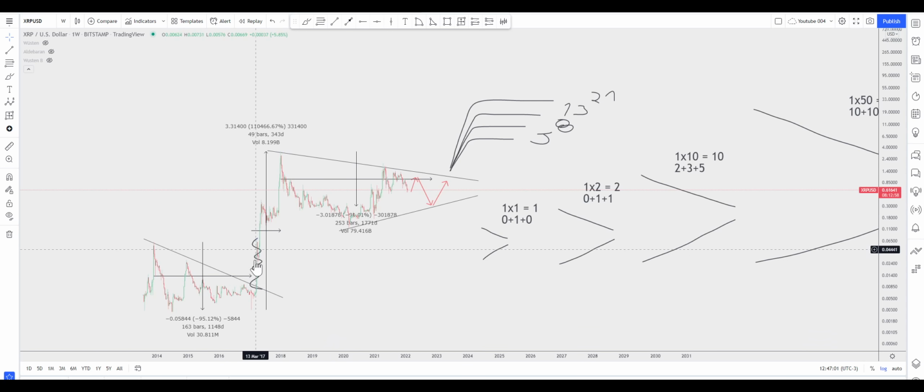So this is just an example. It's not a rule. So bull break, marginal high. Okay, so let's go here. Bull break, marginal high. Then we go down a little bit. Then we have